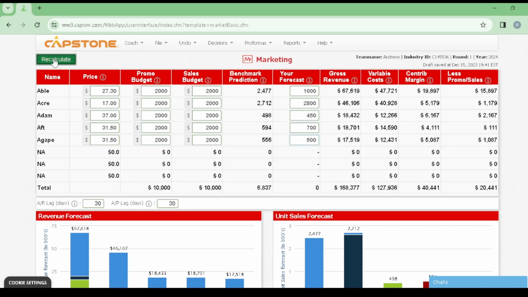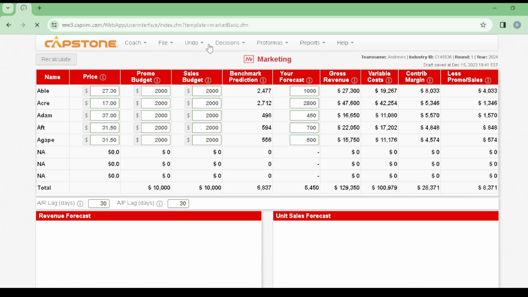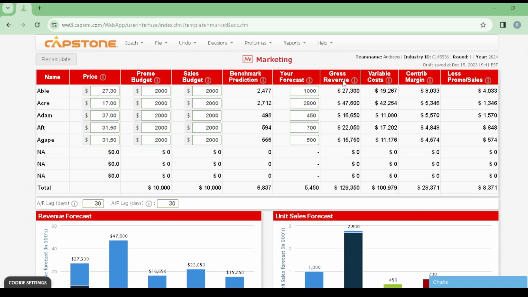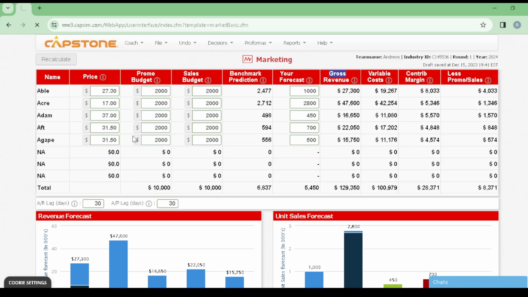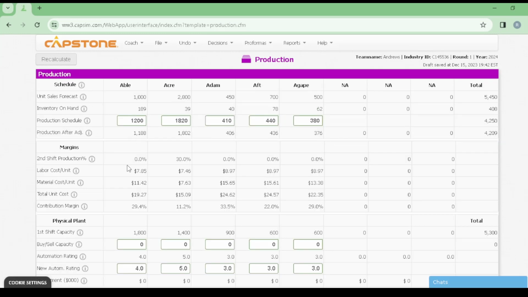After recalculating, this was on the screen. We have the contribution margin, we have the variable cost, and we have the gross revenue. That's all about marketing. Next is production. Under the production department, we are going now to produce based on the unit forecasts, the number of products that we are forecasted to sell. But remember, here we have some inventory, so we can produce here